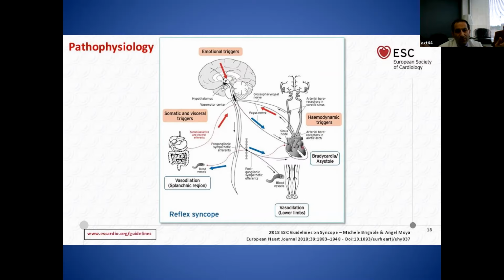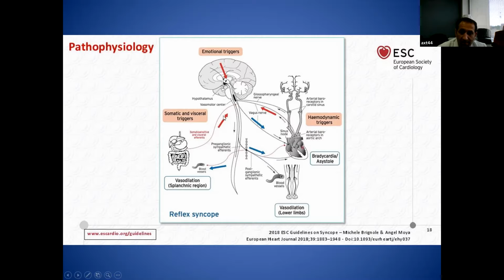I don't think there were very many questions specific on this particular diagram. But I just want to mention this is the general understanding that we have, and I don't think it's clearly defined, but we tend to have triggers, whether they're emotional triggers, somatic triggers, or some hemodynamic trigger that essentially go to the brain, and the brain either